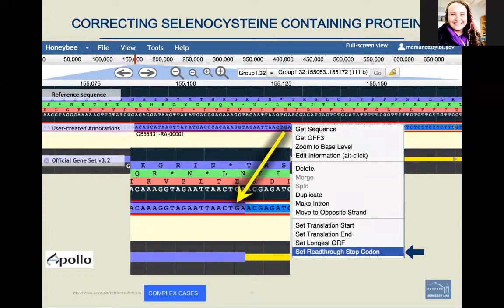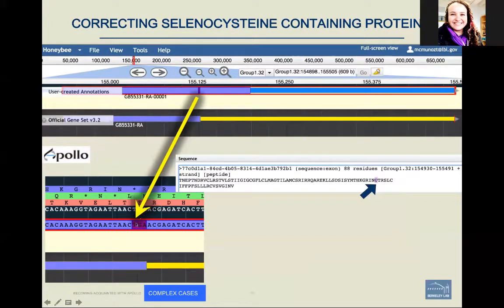And as a result, you'll have a darker orange highlight that you can see on the bottom left of this image. And when you retrieve the sequence, you'll see that Apollo has now inserted the uracil in this particular region. So now you have a selenocysteine-containing protein. The GFF3 will reveal this, and I'll go into more details with your admins regarding how to round trip when you export things with selenocysteine